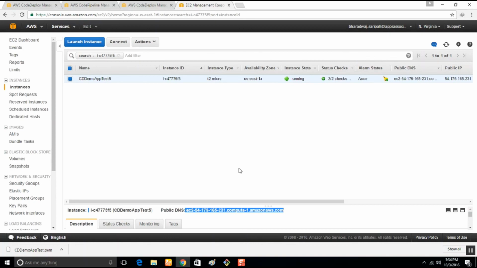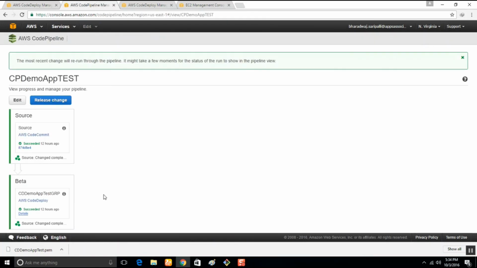Code commit is a repository for pushing in all the developers' code, and we use code pipeline along with code deploy for getting the new releases from the repository, building it in this. Let me show you here, over here again. These can be the beta testing. It can be a testing environment. You can do unit testing. You can add 5 or 6 instances as developer testing instances before you push the code directly into the production instances. This is the complete cycle.